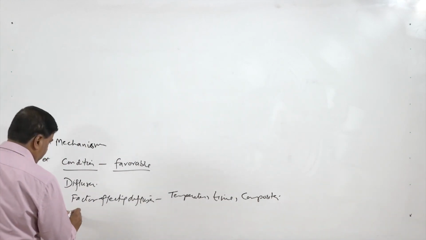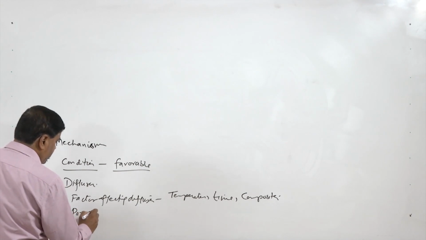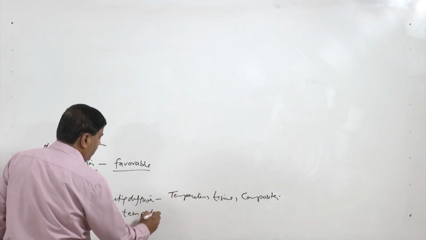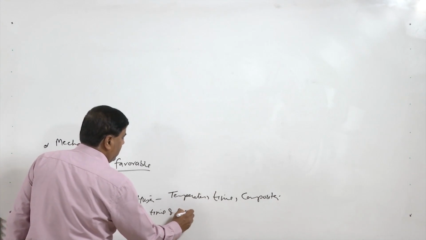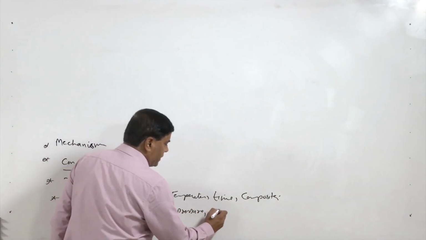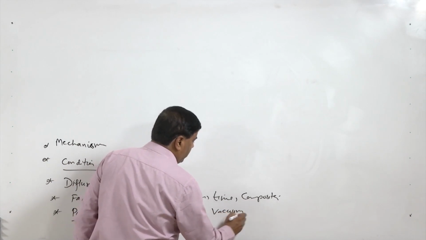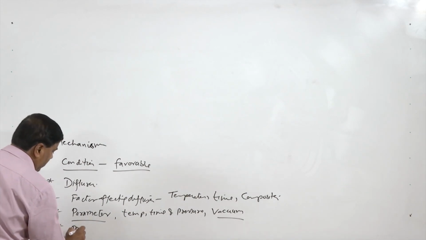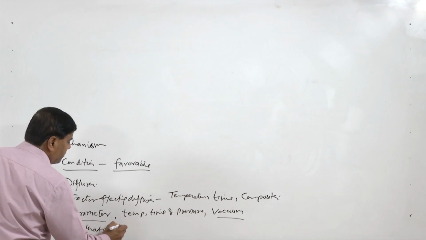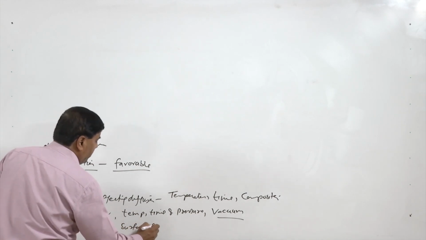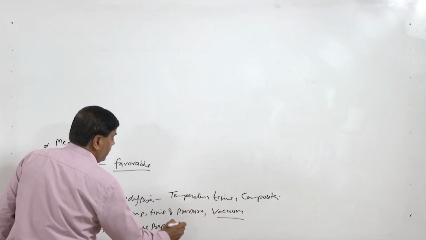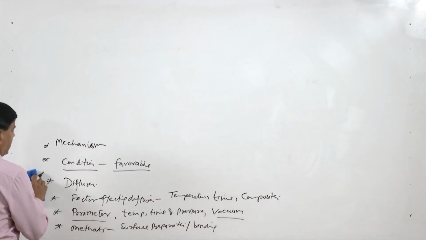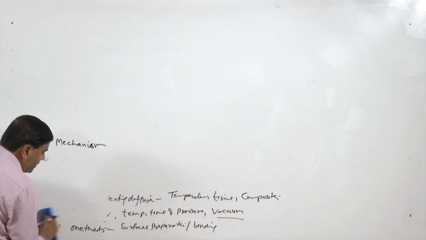will see the parameters related with the diffusion bonding. Parameters like these are temperature, time and pressure. Apart from this, another one is the level of vacuum which is used for the diffusion bonding, which also plays a very specific role, and the methods of the diffusion bond, involving surface preparation and then the bonding. So, we will try to talk about all these aspects apart from the limitations related with